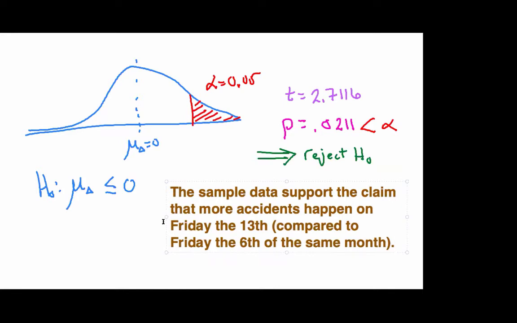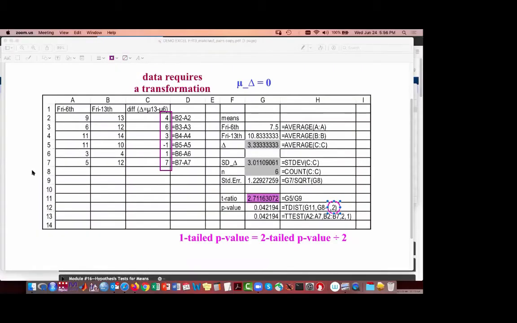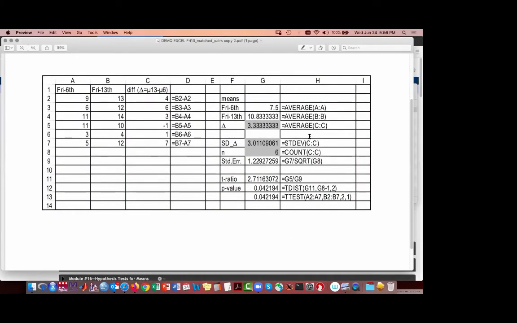So let me go back and show you one other bit of the code, because I kind of skipped over this. One of the things that we've been doing in class is building up these Excel templates that we can use, but Excel actually has more advanced functions built in. One of those functions is the T.TEST function. We've been talking about the TDIST function, so that's the function we've been focusing on. What I'd like to focus on now is the T.TEST function. This is a different function in Excel.